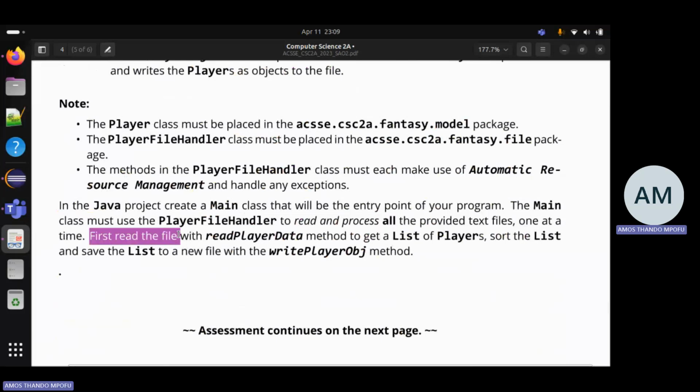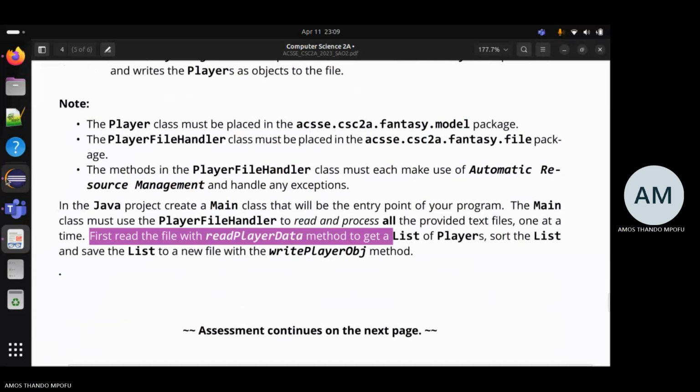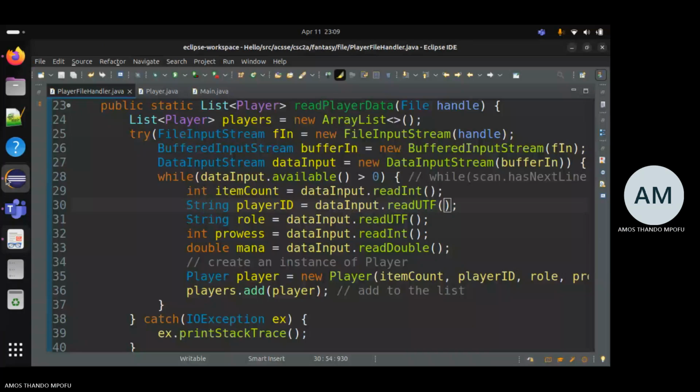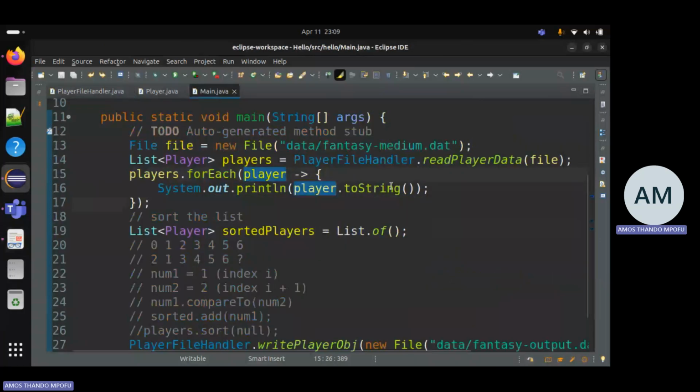First, read the file with the read player data method to get a list of players. Sort. Okay, so let me do this then. So they want us to